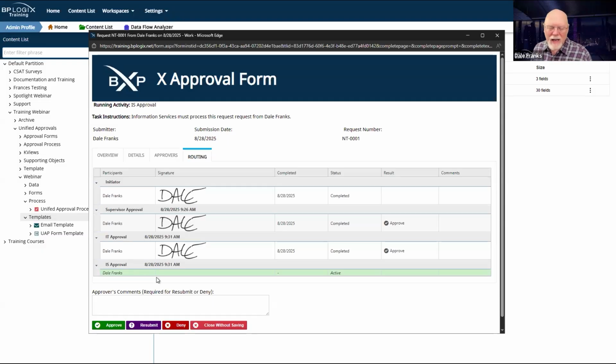Now, this is IT approval. I actually have some special sauce already built into accounting. We'll take a look at that when I build an accounting form or two based off of this template. But right now, we just want to be sure that it works. Now, normally, if you were at this stage of testing, what you would want to do is make an IT request, approve all the way through, be sure it approves. Then you'd want to make an accounting request and go through that whole approval process and facilities and HR and so forth so that you ensured that all of the activities ran the way that you were supposed to run.